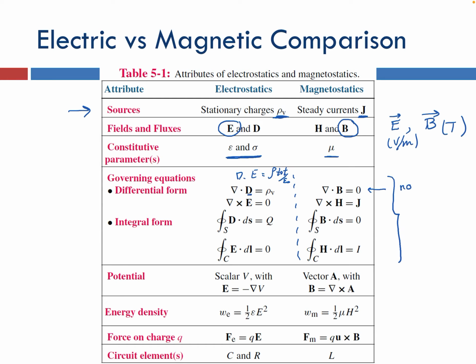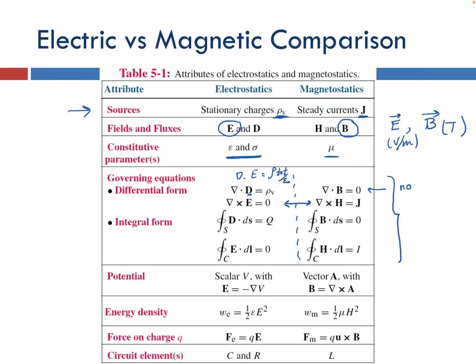And that's a fundamental result that has not been proven wrong so far. No one has identified magnetic monopoles, or point sources of magnetic field. Then the curl is zero in electrostatics,